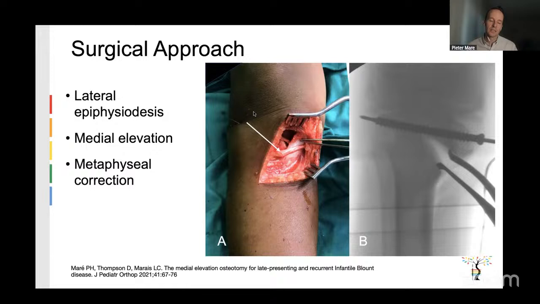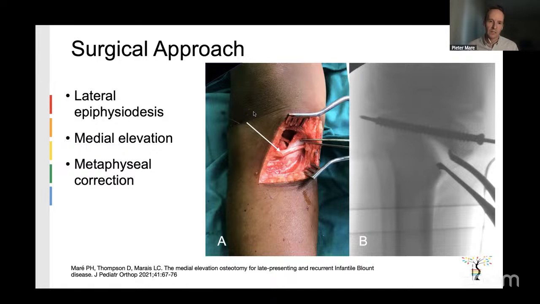The pes anserine is sharply divided, leaving a little stump so that we can try and reattach part of it. It's very seldom you can reattach it completely, but it serves as a scaffolding suture. The white arrow is indicating the pes anserine. The Achilles forceps, which you can just see the tip of, is pointing towards the MCL, which we elevate subperiosteally